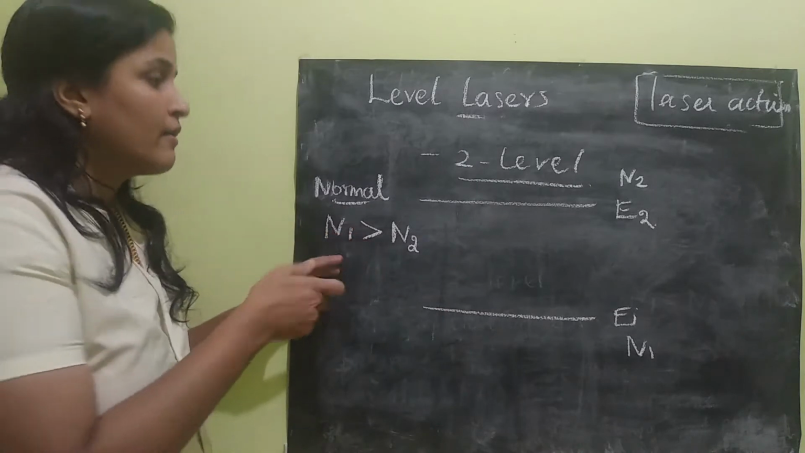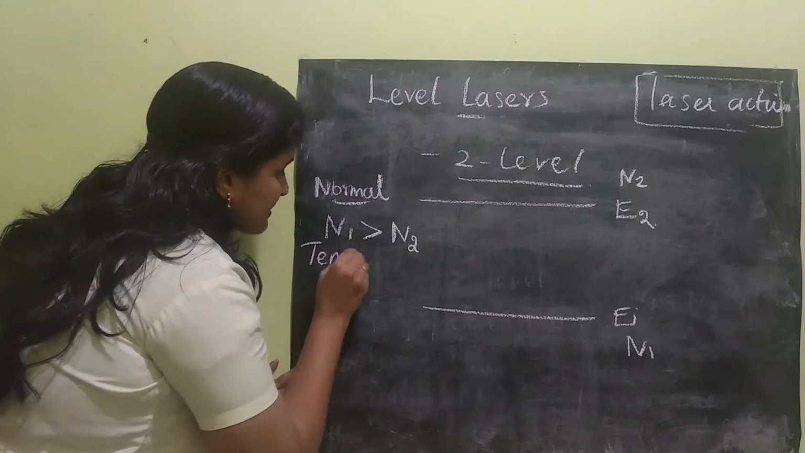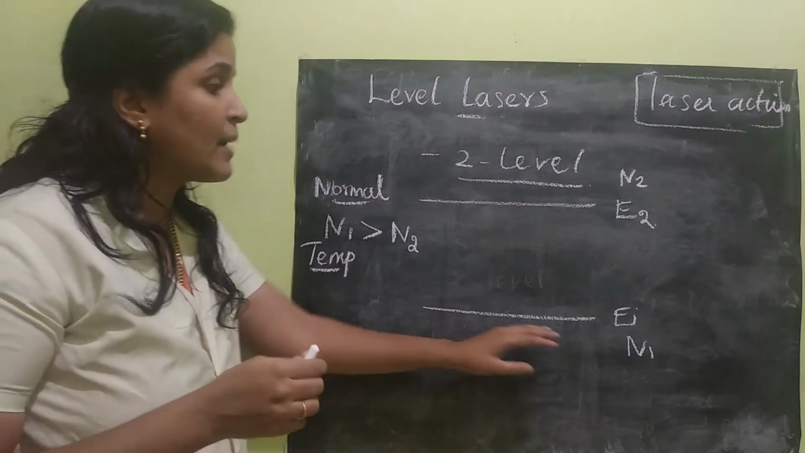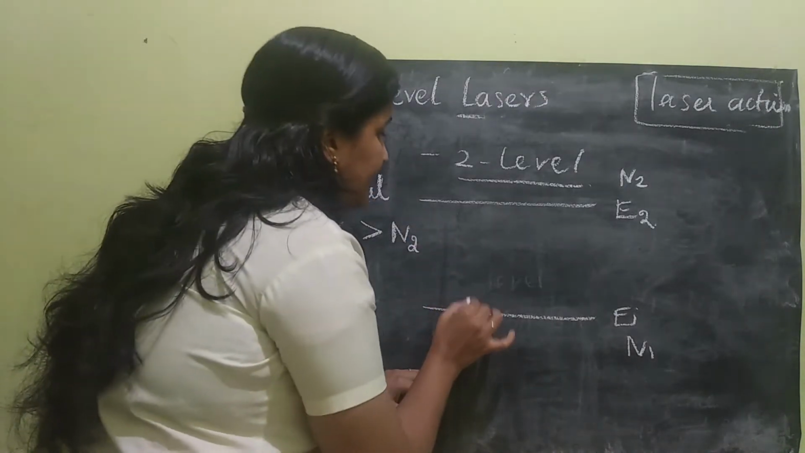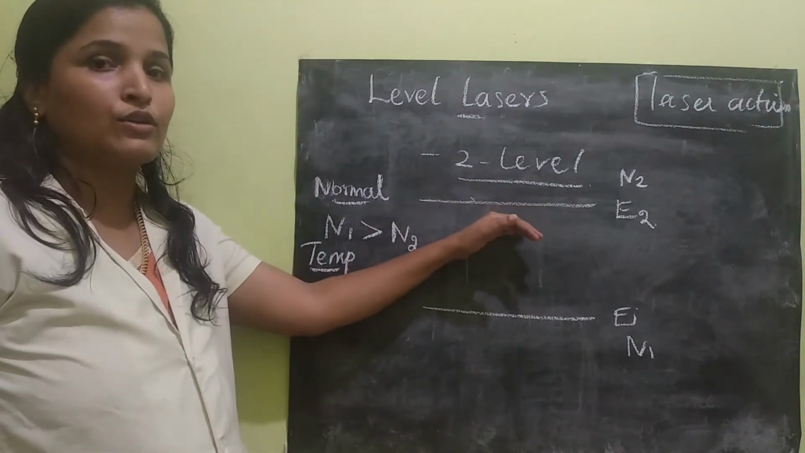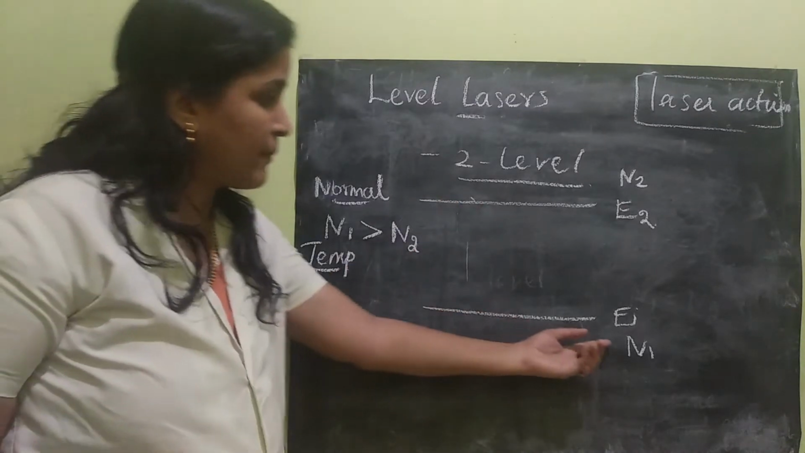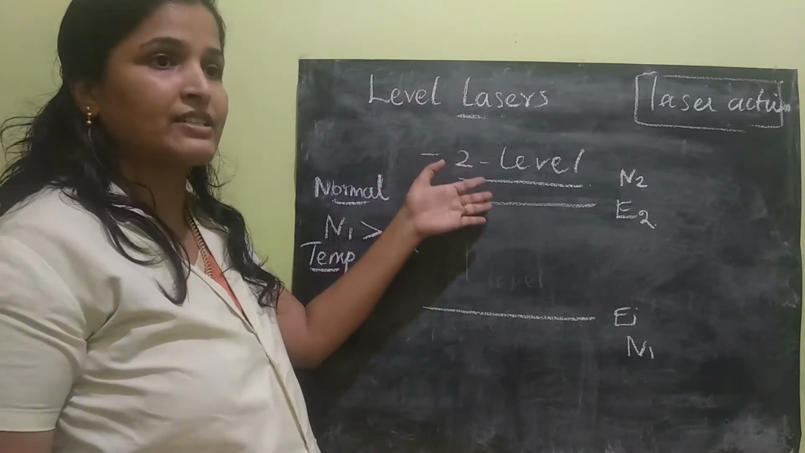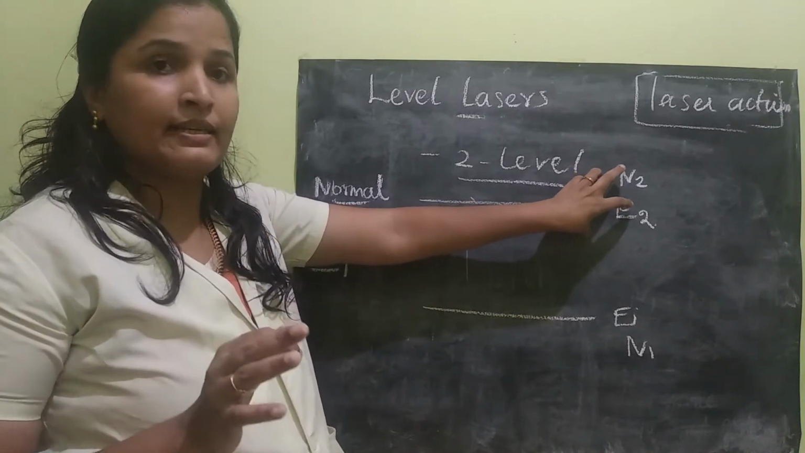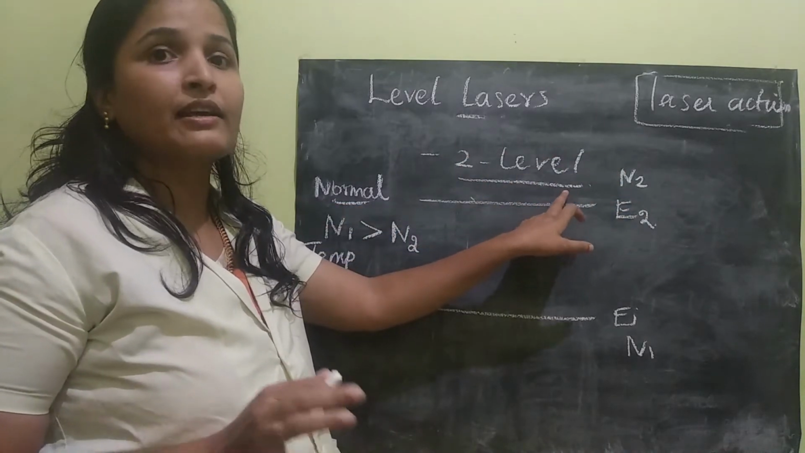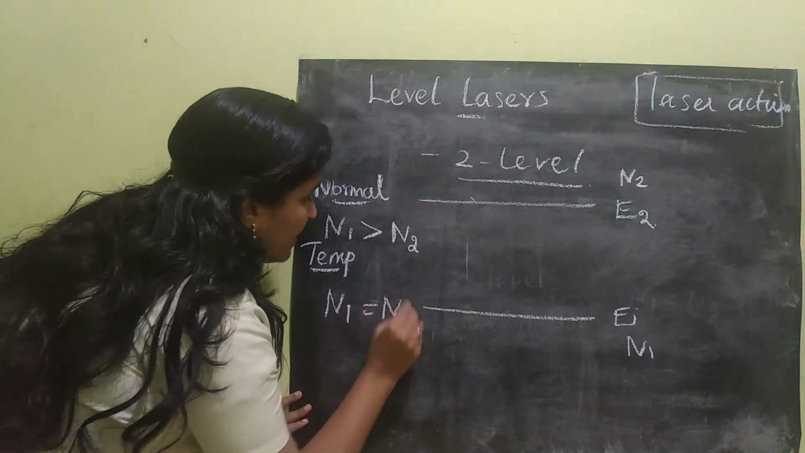Now let us try to increase the temperature. When the temperature increases, what will happen? The atoms that are in the ground level will start to get excited and move to the excited state. So as the temperature increases, the number of electrons in the ground state will move to the higher state, and the higher state number will keep increasing. But the 2-level laser has a drawback: at most the number will be equal,